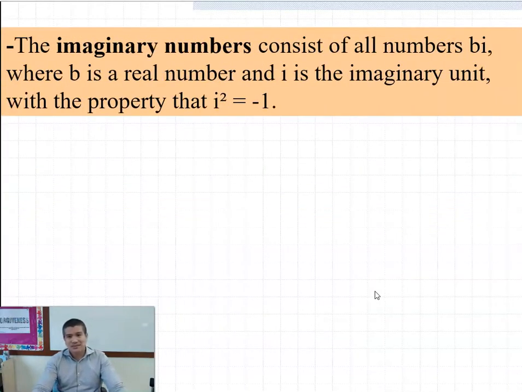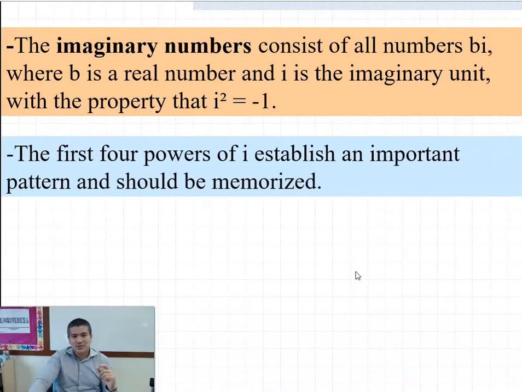So the imaginary numbers consist of all numbers bi, where b is a real number, and i is the imaginary unit, with a property that says that i squared is equal to -1. So when you solve imaginary numbers that have exponents greater than 2,